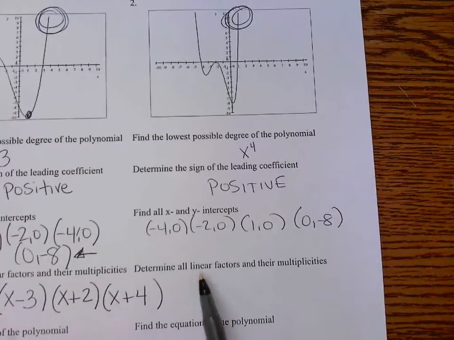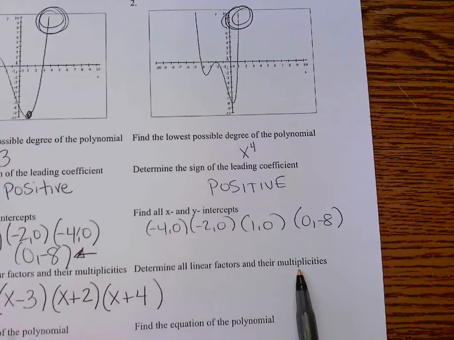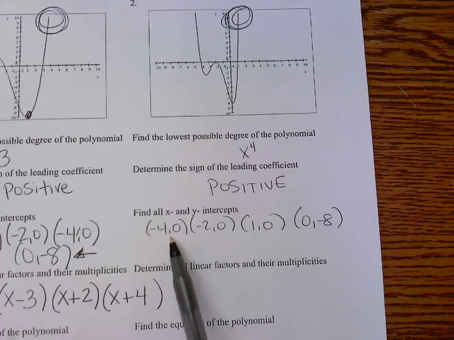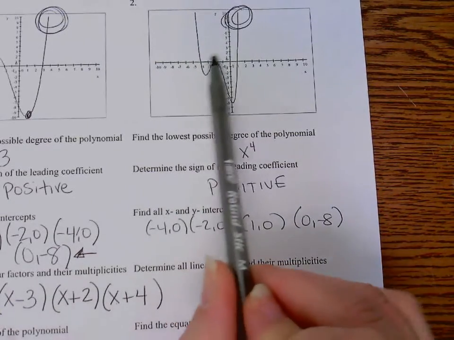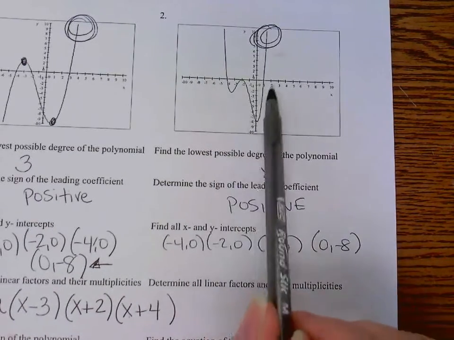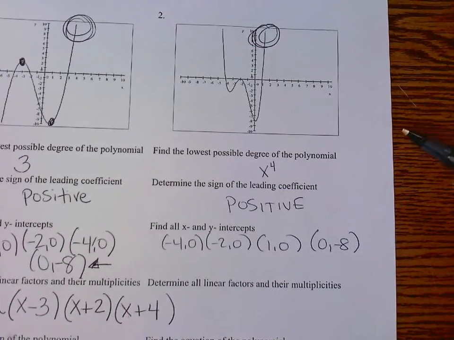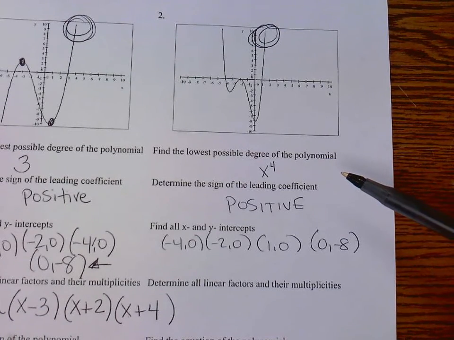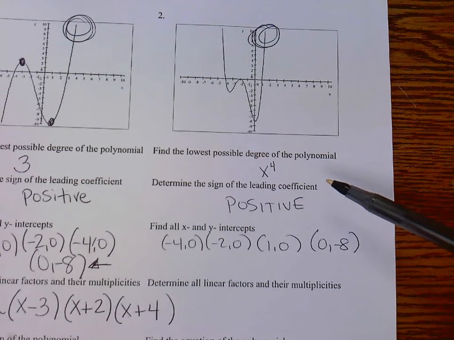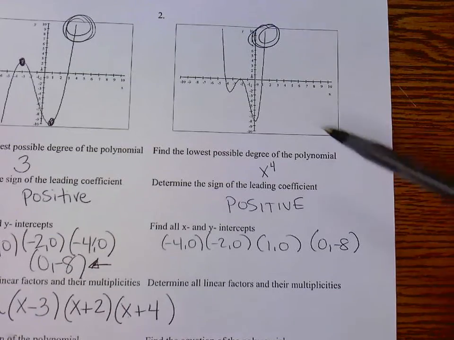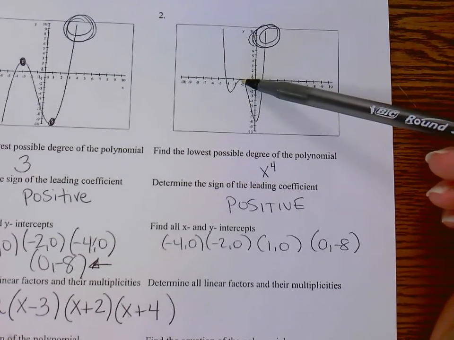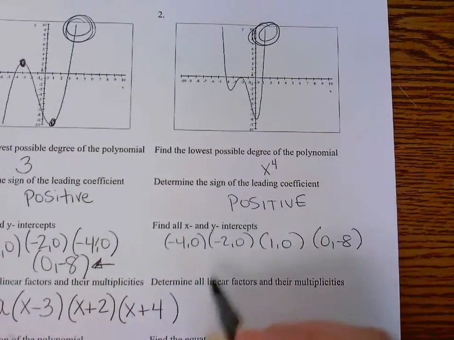Determine all the linear factors and their multiplicities. So would any of these have an even multiplicity and why? Or else they're all going to be odd, right? Remember, they cut through or bounce off. So which factor will have an even multiplicity? Which one? At -2, it's bouncing off, right? So my factors are going to be